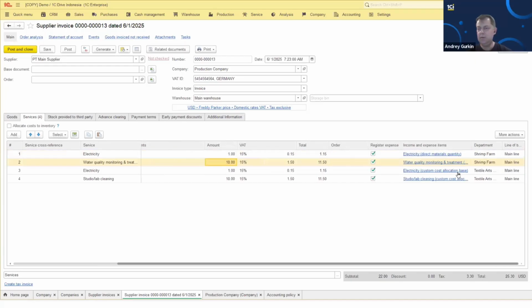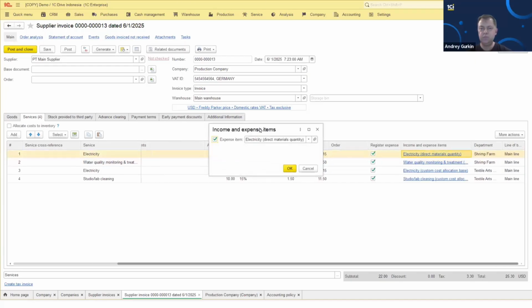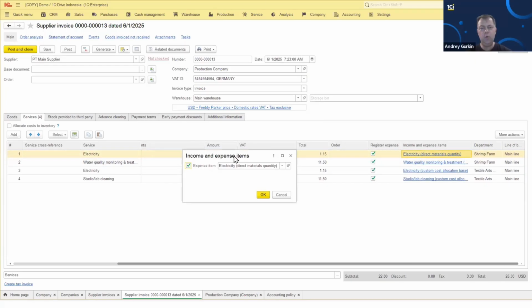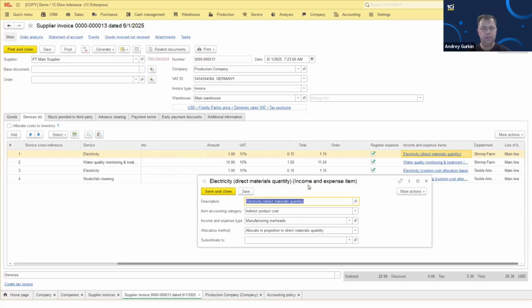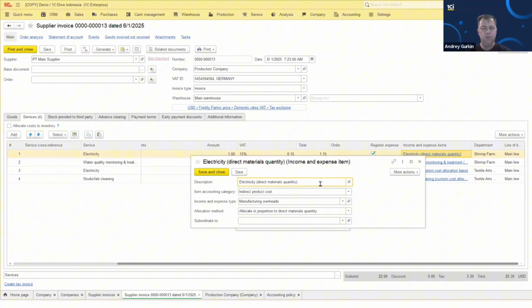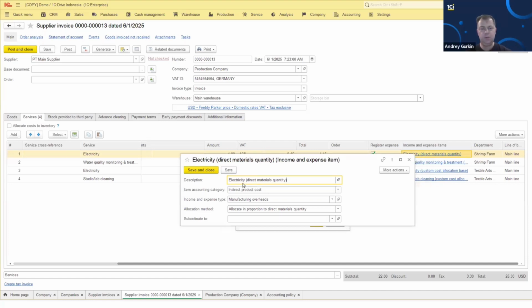And yeah, the main attribute here. So where exactly should it go? We are getting those services from this supplier, but it goes to the expense item. This is it. In order to highlight exactly where it should go, you can see that this is like a tip for us. So electricity, which goes to,